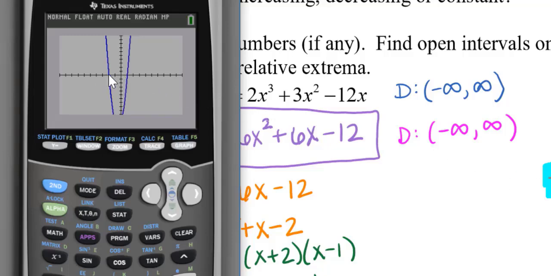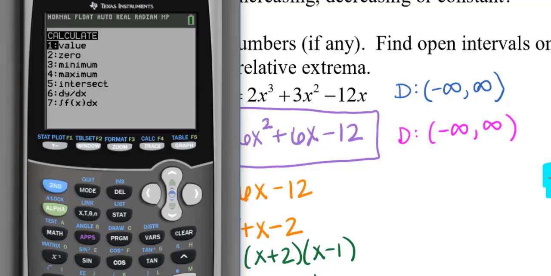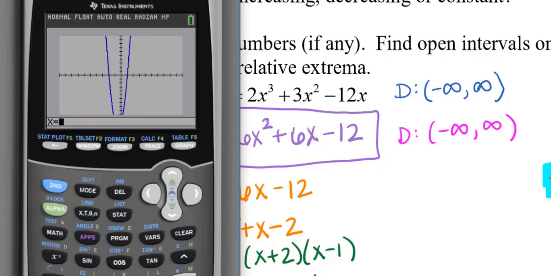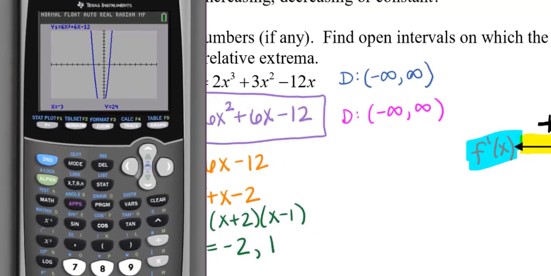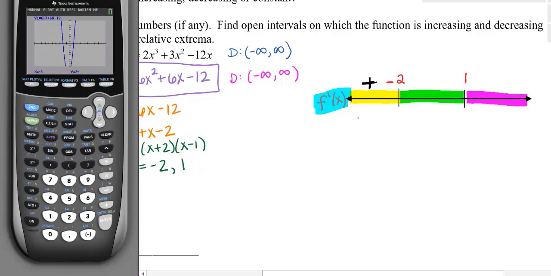If I look at the graph over here, this verifies for me that my first derivative is 0 at that -2 value for x and at x equals 1. If we look to the left of -2, all of your first derivative values are positive. For example, if I calculate a value at -4, or -3, or -2.5, I get a positive y value of 24. So all of these values in this section are positive, which means my function is increasing.